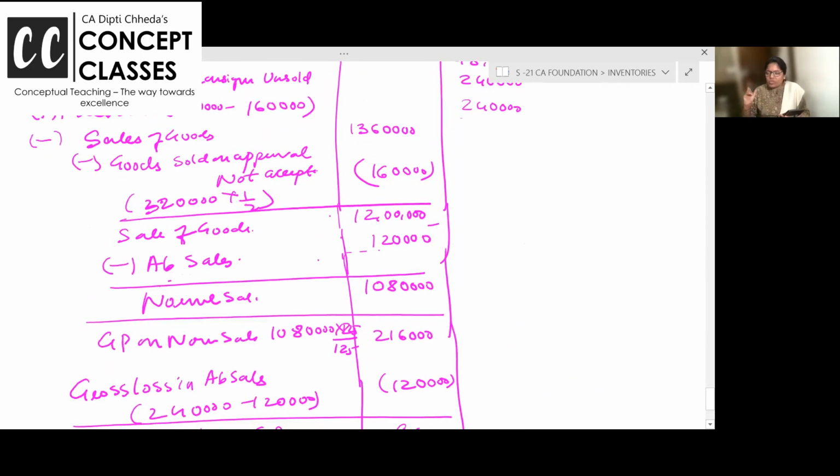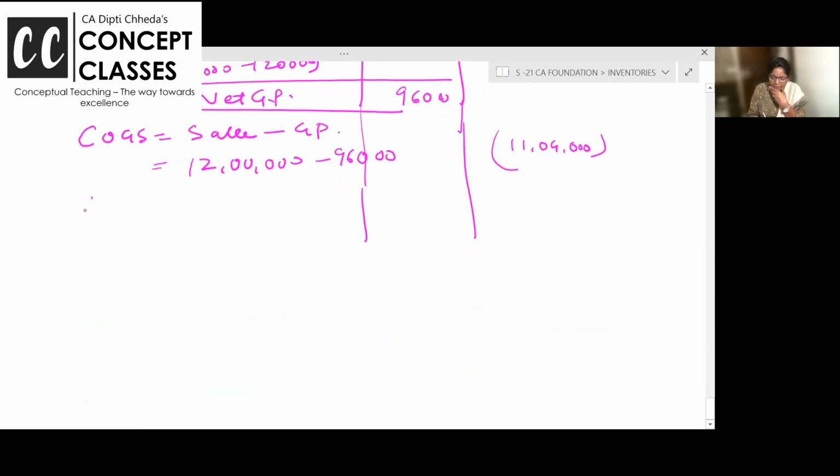Okay, one more thing. Listen, all of you. Goods sold on approval basis is not over. Goods which are sold on approval basis is like 160, 320, 160. तो सेल में से तो निकाल दिया. But in stock, तो you have to take, no, you have to take it in the stock. So add back cost of goods sold on approval